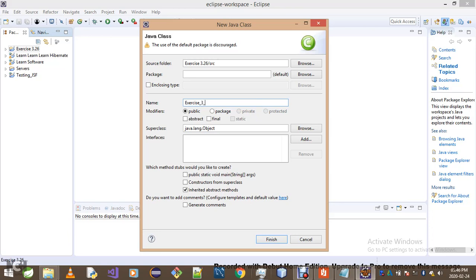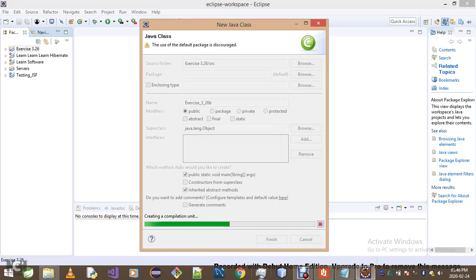They only want us to use those operators. So I'll simply say we have one solution and I'll call it exercise 3.26b. Of course, we do need a main method, right? Okay, so once I do that,